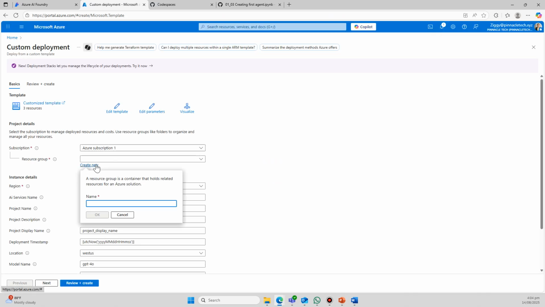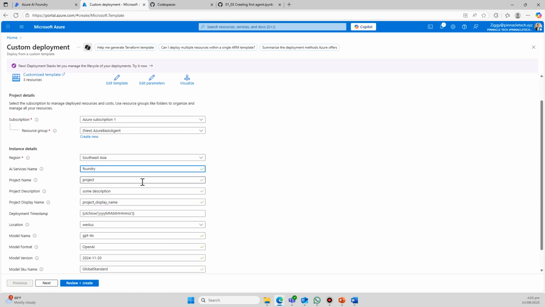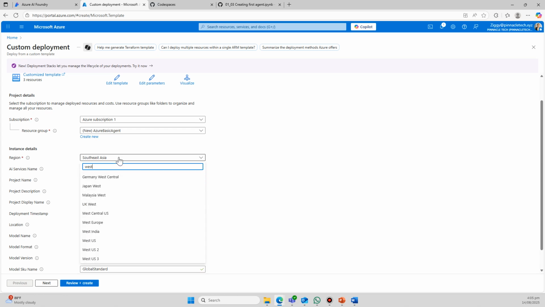And we create a new resource group. We enter a service name, and we can actually accept the defaults that are provided. We specify a region. So in this case, let's specify West US.